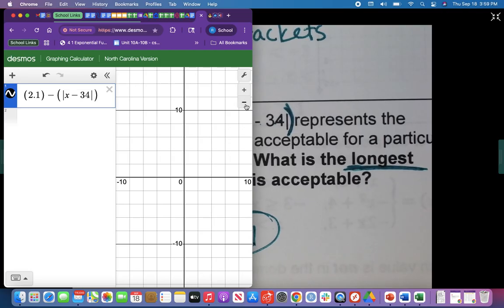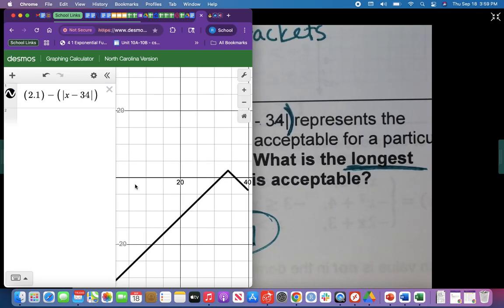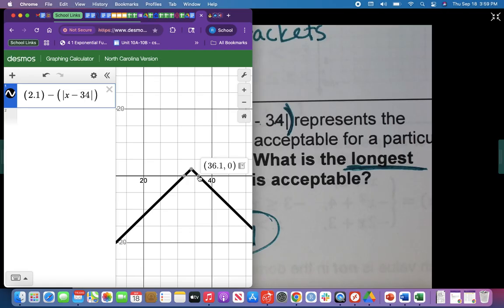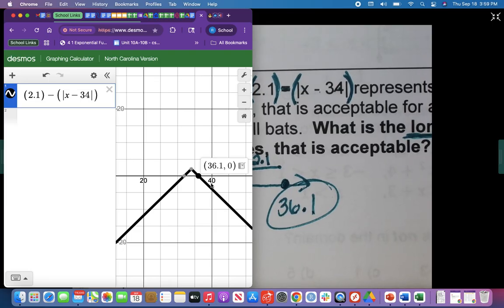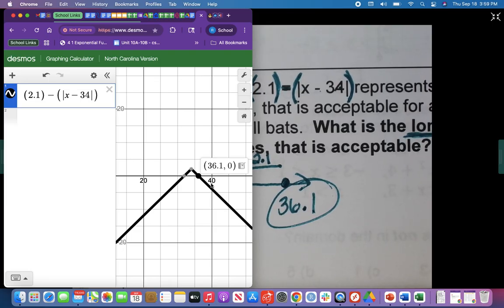All right, so I need to zoom out so I can see. All right, there it is. I want the longer side, so I want the larger solution. So there it is, 36.1. So 2 ways to do the same problem. So whatever your preference is on that. Number 8,